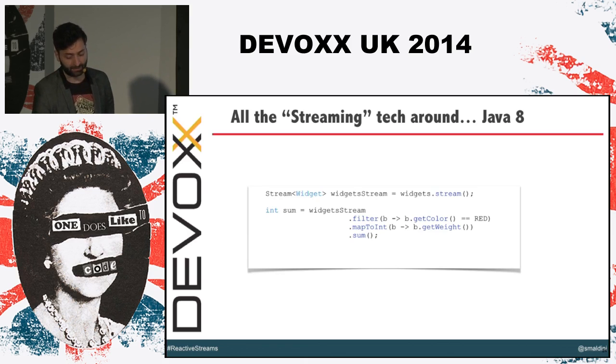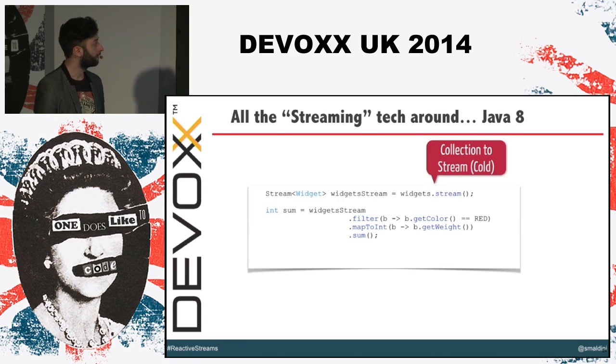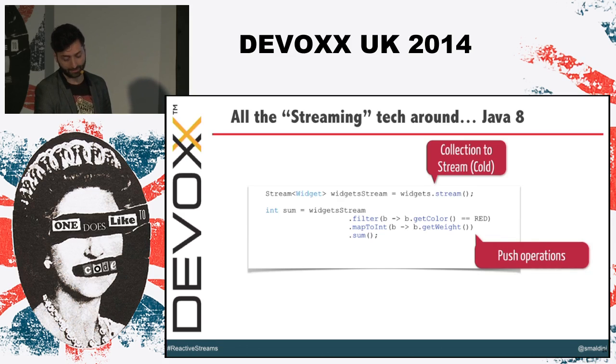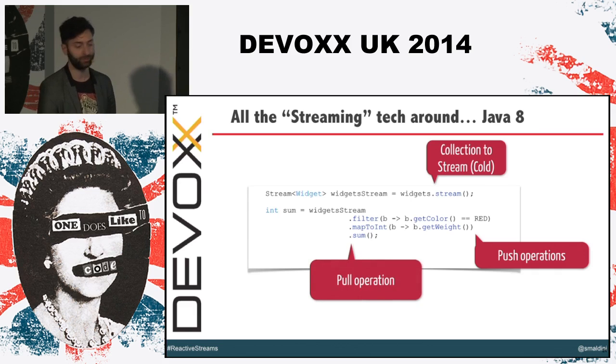If you look at this Java 8 code, we take a stream, a call stream for widget, and from this stream we apply 3 operations: filtering, map to int, sum. And these operations are push operation except for the last one, which is a pull operation. So you can see it's black or white because